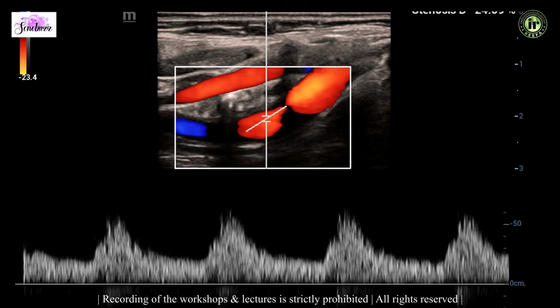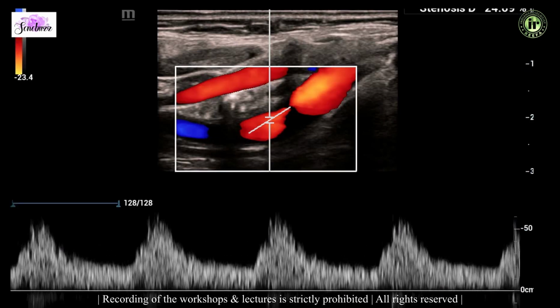it has got a good forward diastolic flow. Now this is a signature of an internal carotid artery, that it is supplying the brain, which has inherently a low resistance circulation, and therefore the diastolic flow is high. And if you see, there's a clear gap between the waveform and the baseline, saying that the velocities are never zero in the internal carotid artery, and the flow is always forward. Even when the heart is dilating, the diastolic flow is still forward towards the brain. This is a signature of an internal carotid artery.